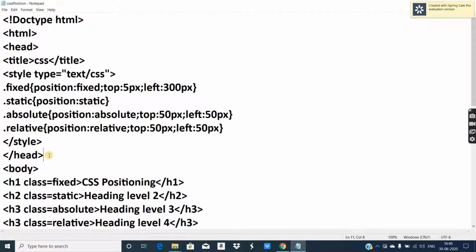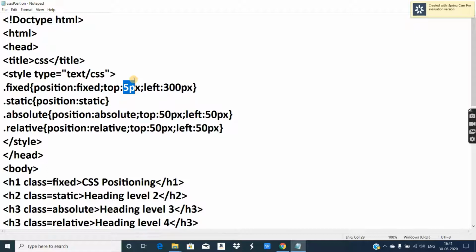So let us discuss the static position. First of all, if you want to use positioning in HTML, then you have to use these five properties: position, top, left, bottom, right. Position provides which type of positioning you want: fixed, static, absolute or relative. Then top, bottom, left, right, you can provide pixel values to control at which pixel which element should be displayed. Positioning is a very important part in professional designing of web pages.